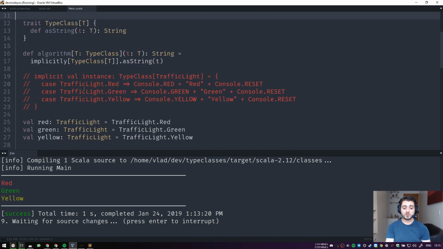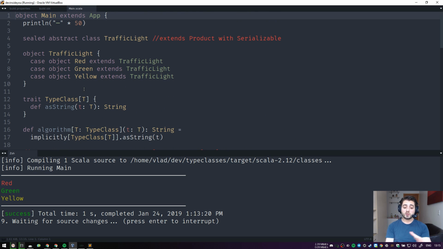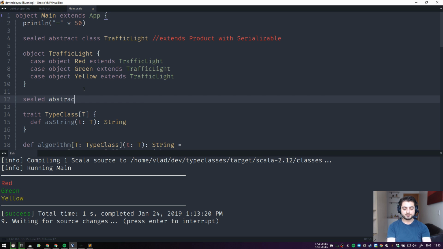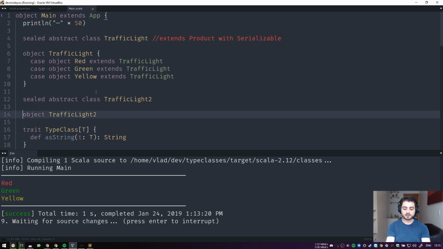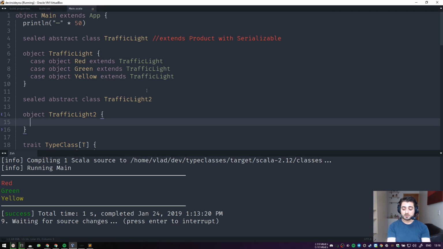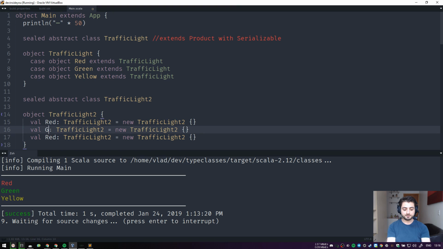So if we were to encode type classes in Scala more closely to Haskell, then it would actually look like this. We would still have a sealed abstract class. I'm going to call it TrafficLight2, right? Just TrafficLight2. And then we would have an object TrafficLight2 like this, okay? And now this is important. What we're going to have here is just vals. We're going to have a red, and the type of red is going to be TrafficLight2, right? There is no type red, and this is just going to be an anonymous class, right? Like this. And the same thing for green and yellow,